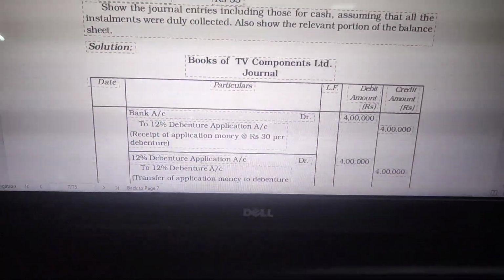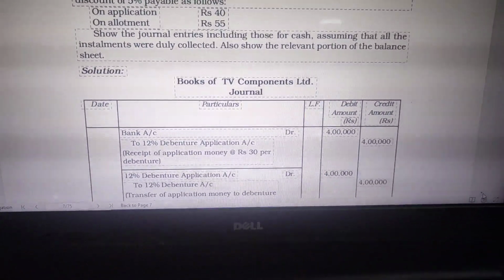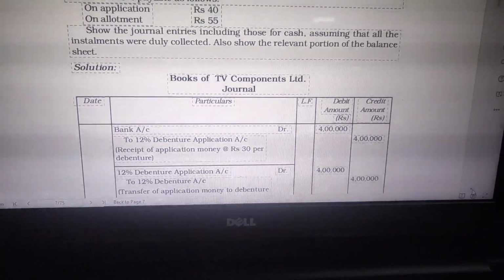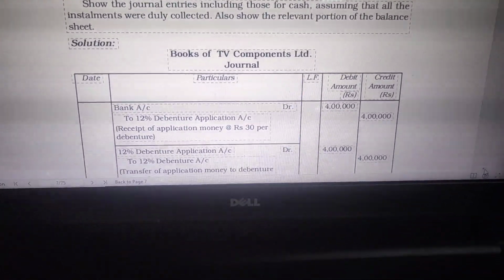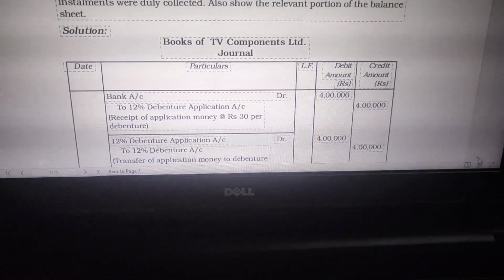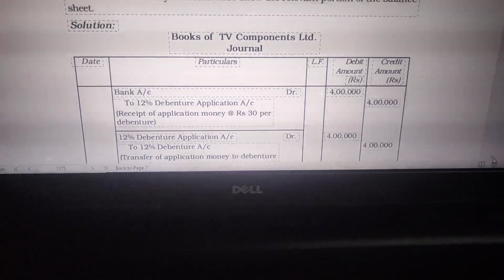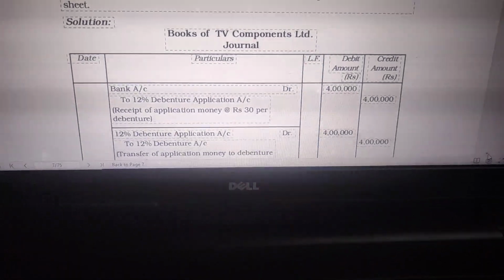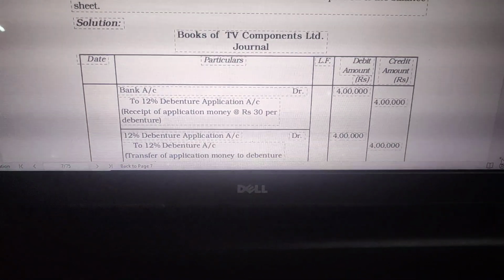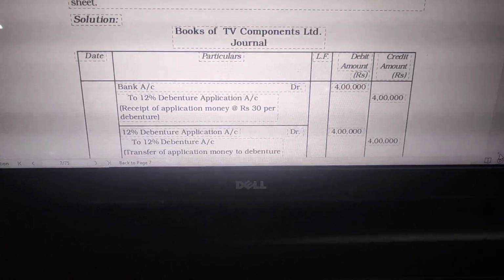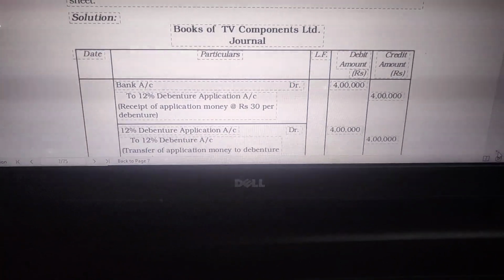So we have to first give the heading as Books of TV Components Limited. Then we have drawn the format of journal: date, particulars, ledger folio, debit and credit amount. First will be relating to the application amount, collecting of application amount. The entry will be bank account debited to 12% debenture application account. The amount will be on application